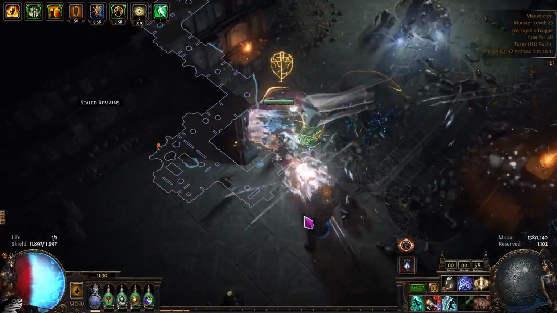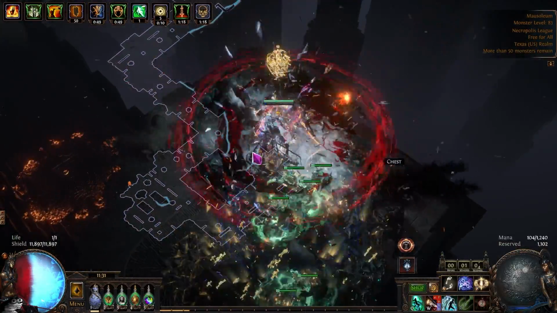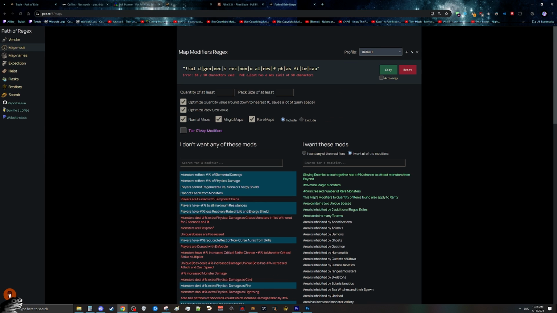In terms of the setup for the map itself, all you have to do is just scour it, then chisel it, alch it, and then roll it to make sure it doesn't have any sort of bad mods on it that you cannot do for your build. You can very easily figure this out by coming over to PoE.re, which will be linked in the description below. And on this website, you can easily make yourself a regex by selecting all the mods that you do not want in your